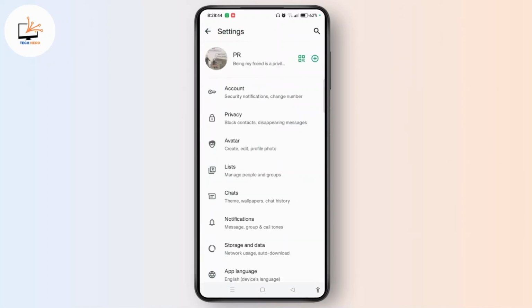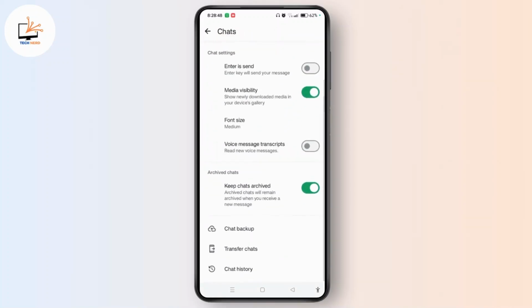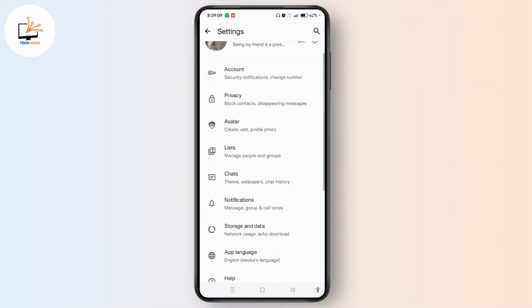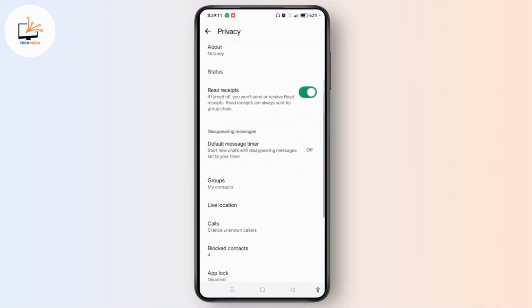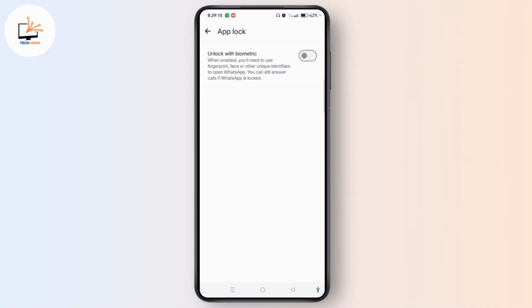Choose settings option. Go ahead and tap chats and scroll to the bottom, and make sure that you have chat backed up. Come back. After that tap privacy option and now choose app lock and toggle the button on for app lock,